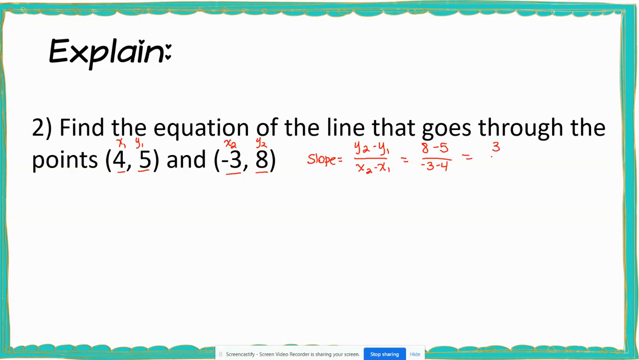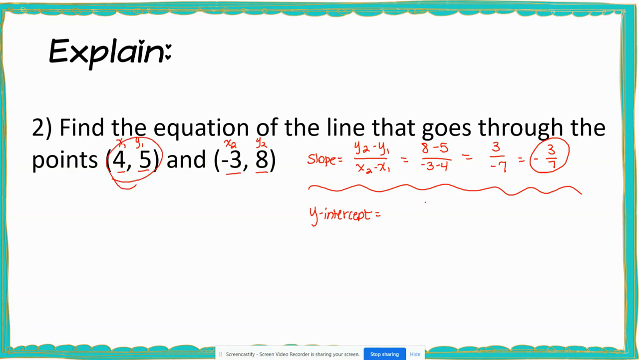Well, 8 minus 5 is 3, and negative 3 minus 4 is negative 7. So positive 3 over negative 7 means that I have a slope that is negative. So it's a negative 3/7 as my slope. Then I need to find my y-intercept. Well, I'm going to plug in a point, so I'm going to start with 4, 5. If I use my y equals mx plus b, the y value here is 5. M is negative 3/7 times x, which is 4,